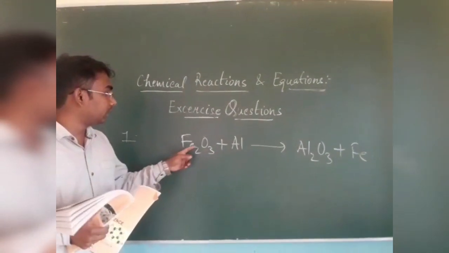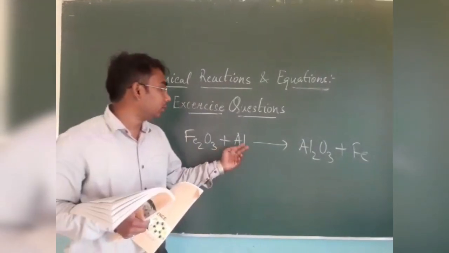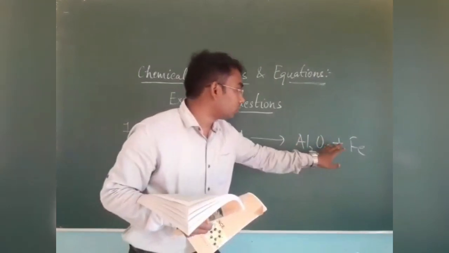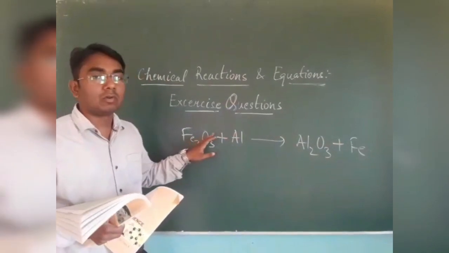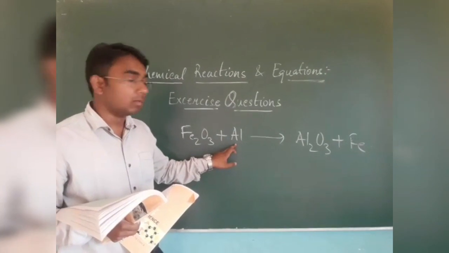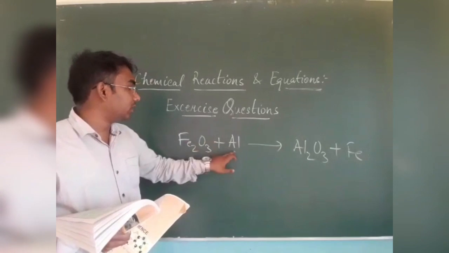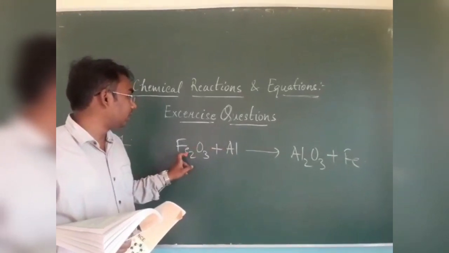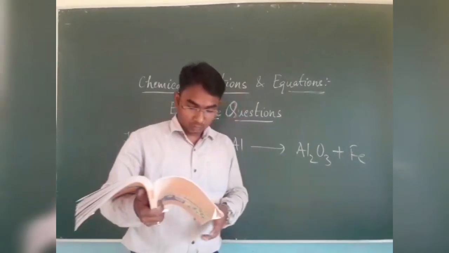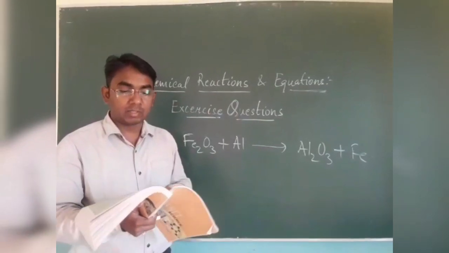Clearly you can see that earlier iron oxide was there, and when it was made to react with aluminium, finally it formed aluminium oxide and iron was separated out. So it is an example of a single displacement reaction where iron is being displaced by aluminium. Since aluminium is more reactive compared to iron, aluminium replaces iron from iron oxide and ultimately forms Al2O3 plus Fe. So the answer of this question will be D, that is displacement reaction.